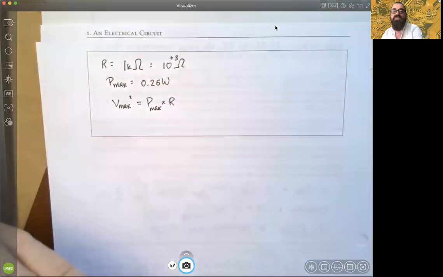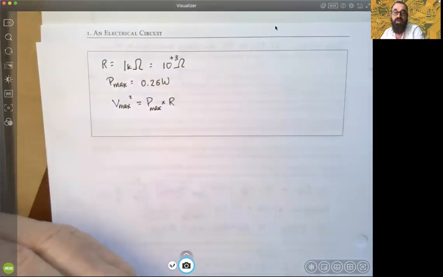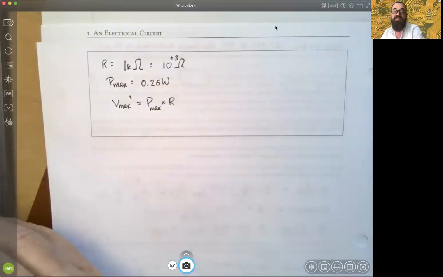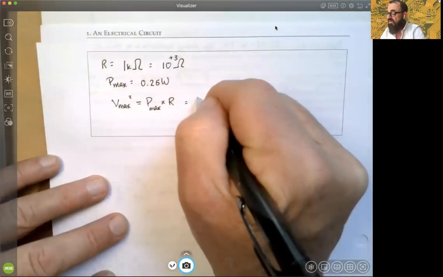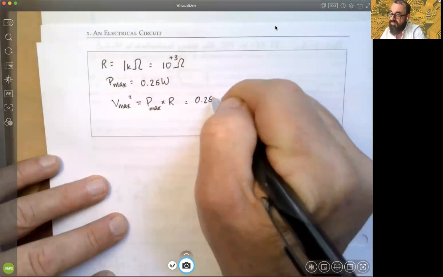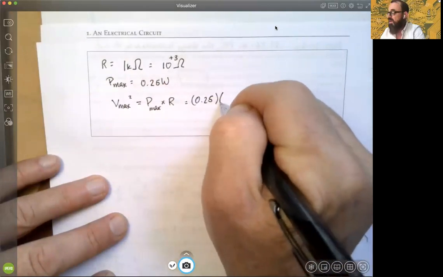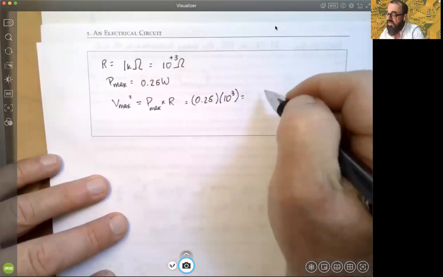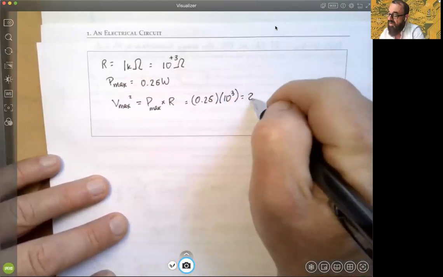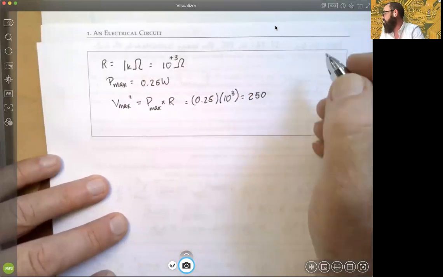I'm just using the subscript max because that's how the power rating was given to us. And again, we've given the values here, 0.25 for the watts being multiplied by the resistance value, which is now 10 to the third. Shifting the decimal 3 times, you'll get 250